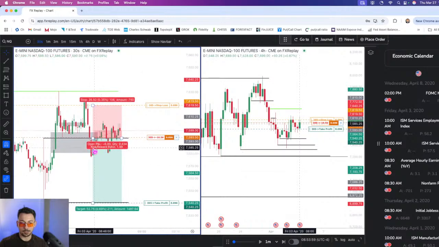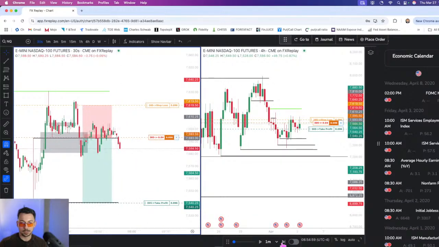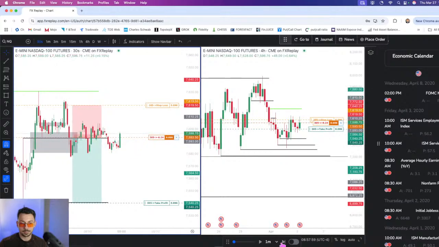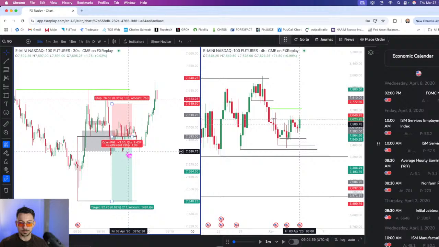Okay, so what I would do here in this case, if this low gets swept, I'd move my stop to break even for sure. Uh-oh. All right, so that was a fail. In reality, I would have moved my stop to break even if this low got hit, and it never did. There might have been an SMT with ES, so...